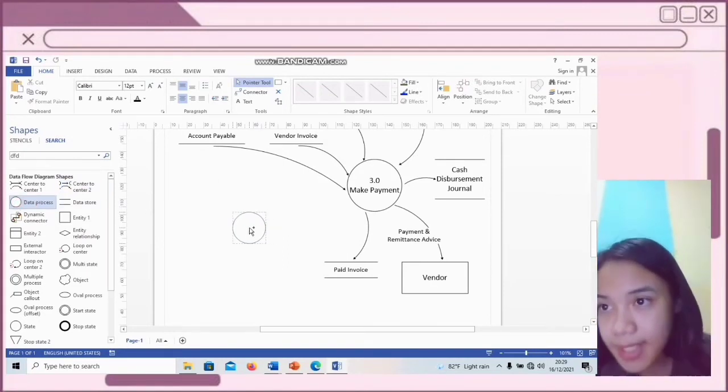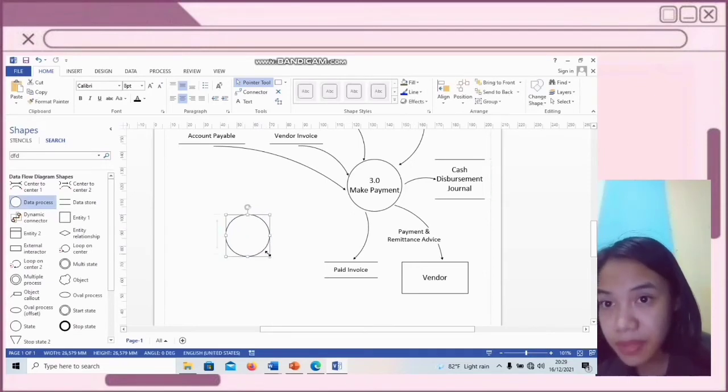And for the last, we make the last process diagram, that is prepare management reports.